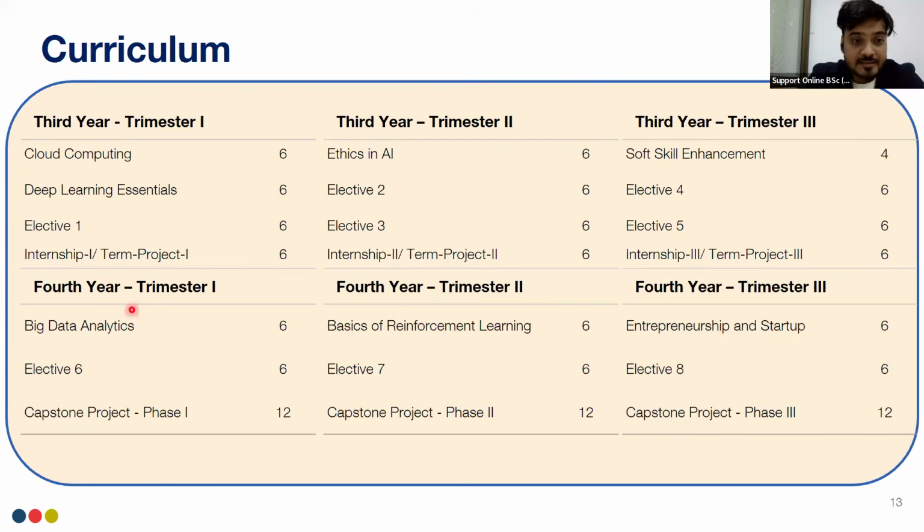In the fourth year, there is a mandatory capstone project component that contributes 12 credits, right? It's a very big credit. It is to give you hands-on experience in solving real life problems. So this is very crucial as far as this degree program goes. You will be taking up capstone projects which are based on real life applications. And let me tell you that the internship and capstone projects are mandatory for you to receive a full-fledged BSc honors degree.